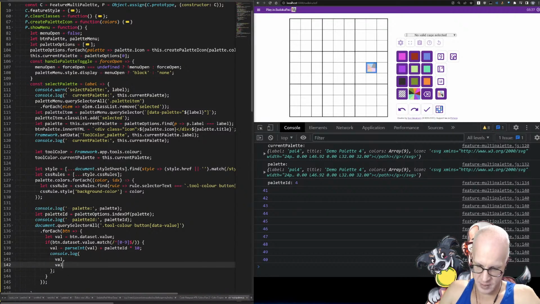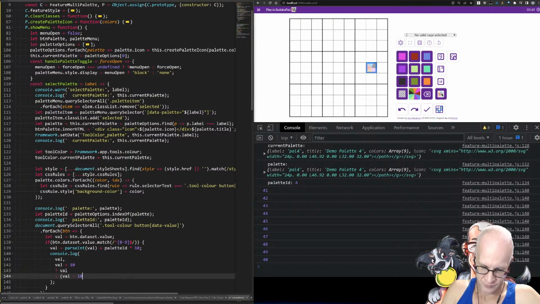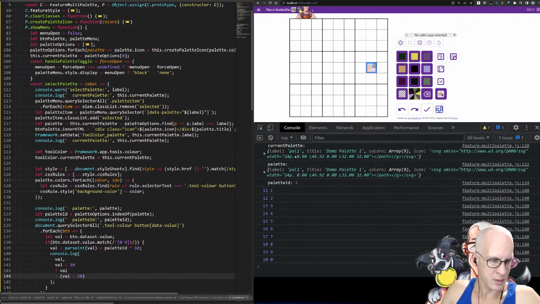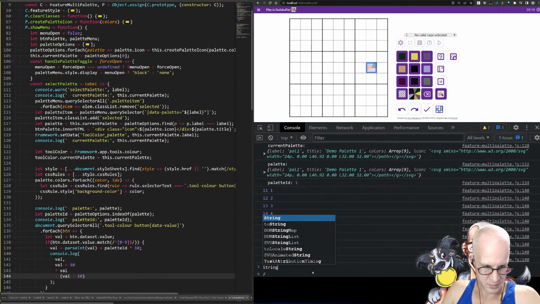And if val is smaller than 10, then it's val. Otherwise, it's val minus 10. And, you know, some other stuff. Namely, so if I go to the second palette, that should get us 1 through 0 again. And now we can do String.fromCharCode